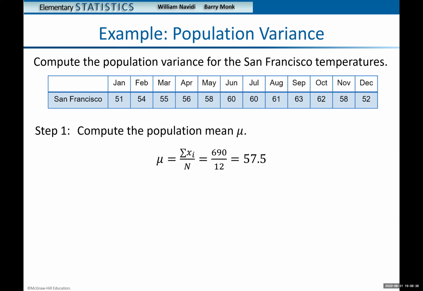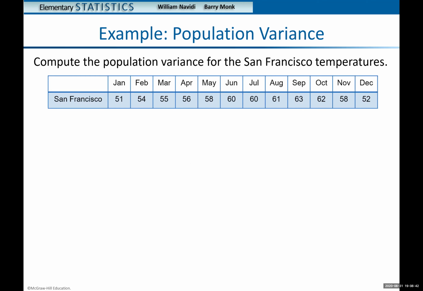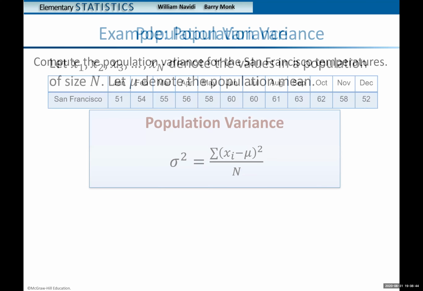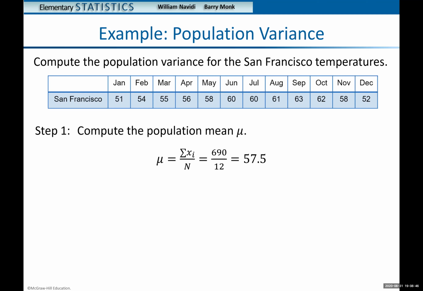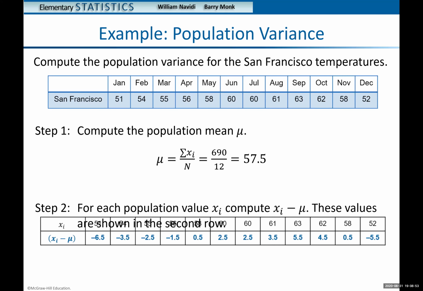So I'll show you first using the formula. If you use this formula, first step is you need to solve for the mean, get the average of all these 12 numbers, then